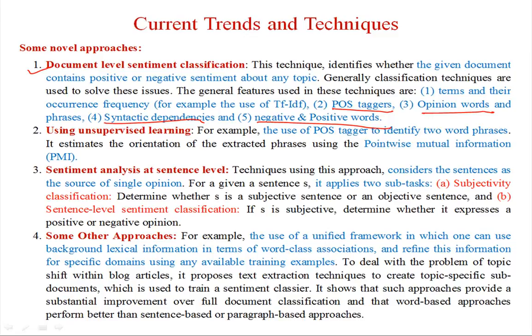The use of a POS tagger to identify two-word phrases. It estimates the orientation of extracted phrases using pointwise mutual information (PMI). Sentiment analysis at sentence level identifies subjectivity classification and sentence level sentiment classification. This technique considers the sentence as a source of a single opinion,